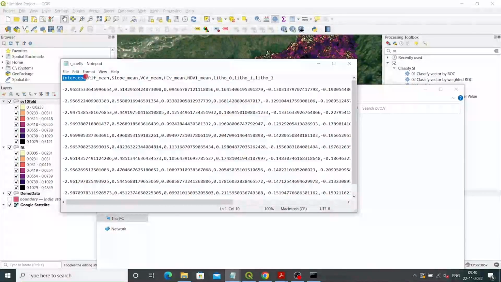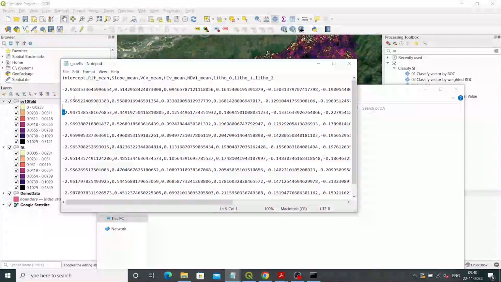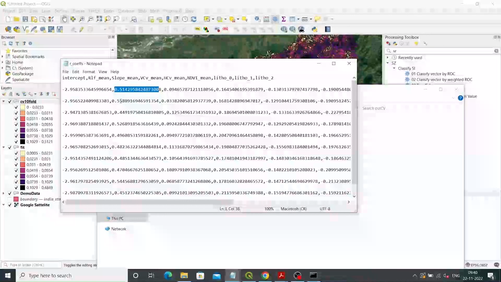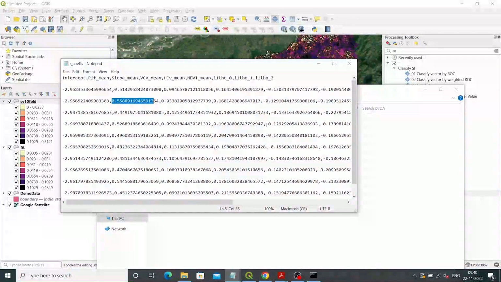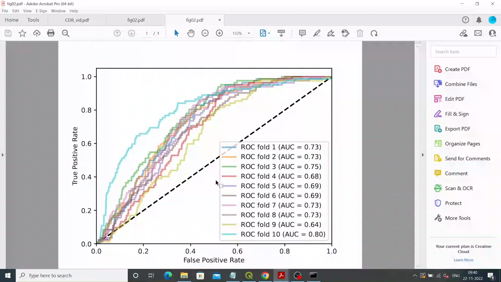But aside from interpretability, you can have the plotting tool for performance metrics. This time you have a 10-fold cross-validation, therefore you will have 10 ROC curves. And in this case, the best performing one has an AUC of 0.8, and the worst one has 0.64. So this is just to showcase how this SZ plugin has everything that the standard procedures for susceptibility models typically require. You will check the last tool of this plugin, which will be controlling the random proportion,